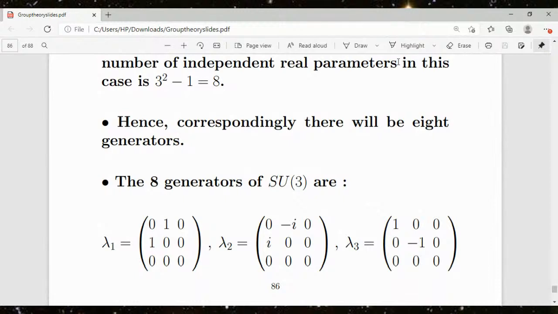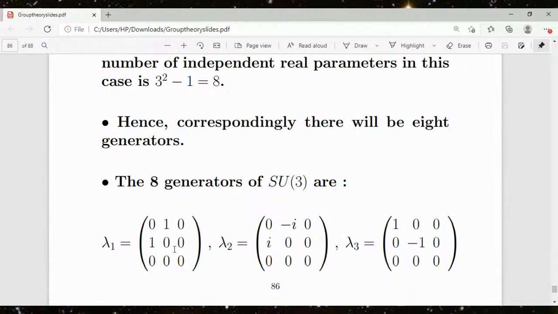Now, one can identify the generators by again recourse to infinitesimal elements of SU3. But since these are 3 by 3 matrices, the algebra is going to be more messy, but it can be done. What I will do in this brief discussion is directly give you the result, just like we had done in the case of SU2 by using infinitesimal SU2 elements. We had identified the 3 generators sigma x by 2, sigma y by 2, sigma z by 2. Analogously, you can use a similar technique to identify 8 generators of SU3, and the 8 generators are